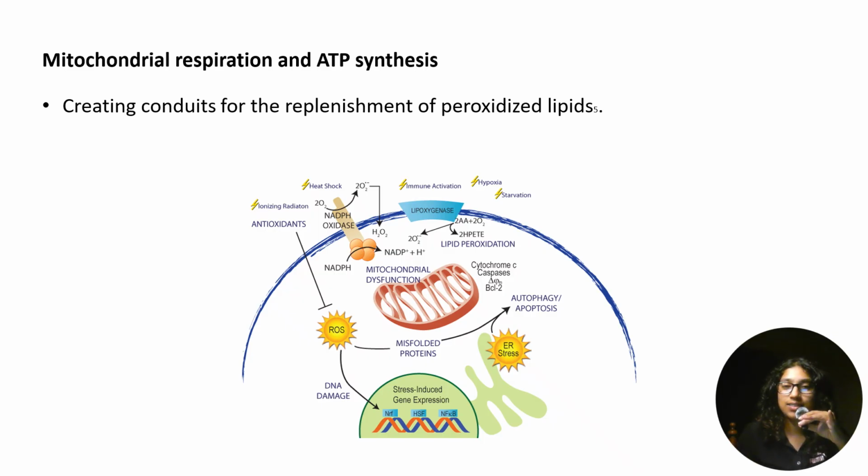So what happens here is that in the stress conditions outside of the cell, it could be anything like starvation, hypoxia, or reactive oxygen species. Due to these stresses or some kind of chemical stresses, there is a structural addition to the lipids, which changes the overall integrity of the cellular membrane, and that's when there is more exchange of substances between the outer environment